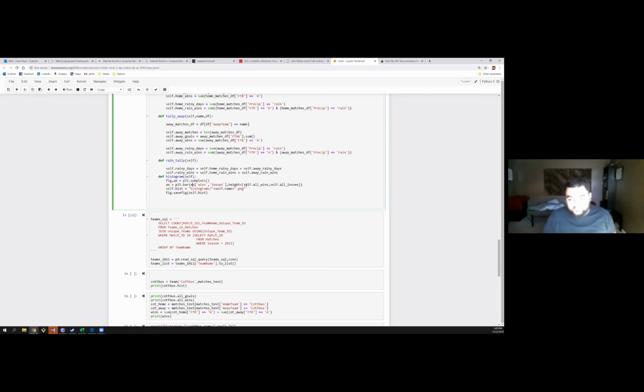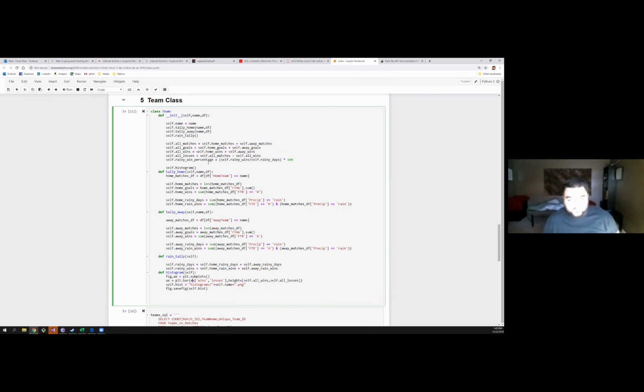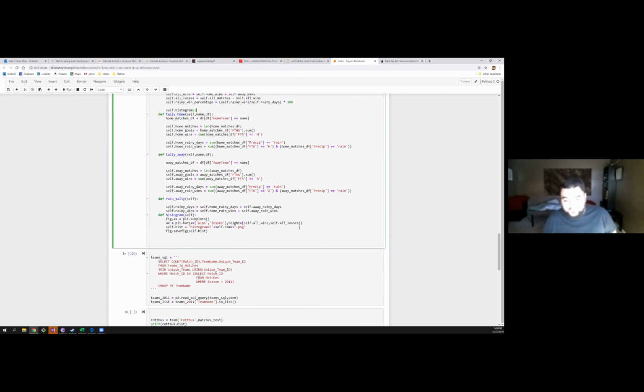X is wins and losses. Height is determined by self.wins and self.losses. Losses are calculated up here in the initialization: it's self.all_matches minus self.all_wins. And then the last thing in initialization is self.histogram. So this makes the histogram. Then self.hist is equal to